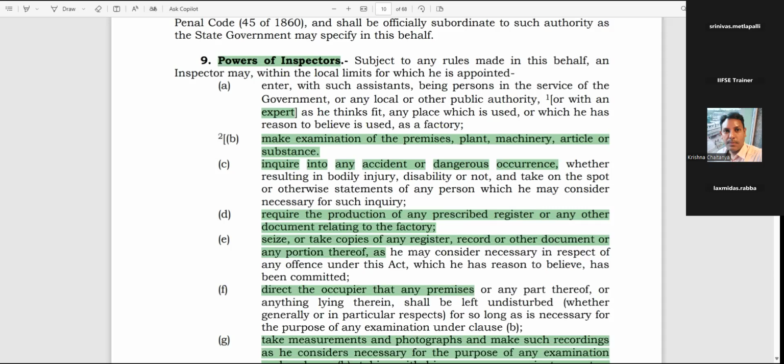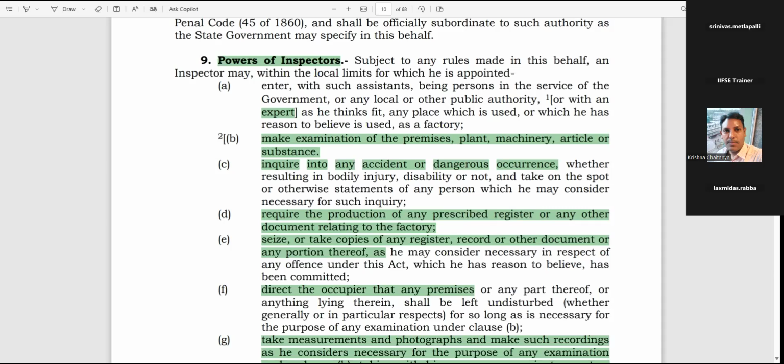So, what will be the complications? They may say that they will cancel the license or seize the factory. It depends on the situation or the criticality of the incident. Accordingly, they will clearly mention in the notice or the letter which they give you, along with a time frame. Yes, time frame also. Okay, sir, then accordingly we can act.